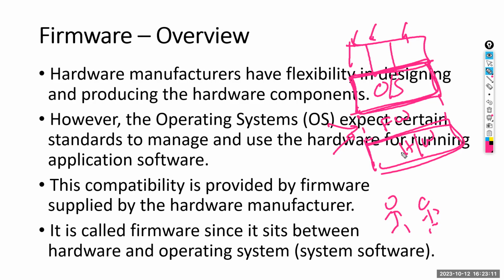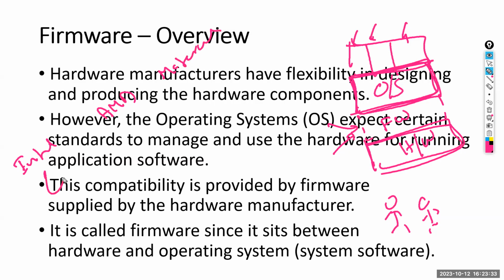So then we have different hardware vendors. For example, if you take the processor, because the processor is the most important hardware component, we have Intel, right? We have AMD, we have Motorola,